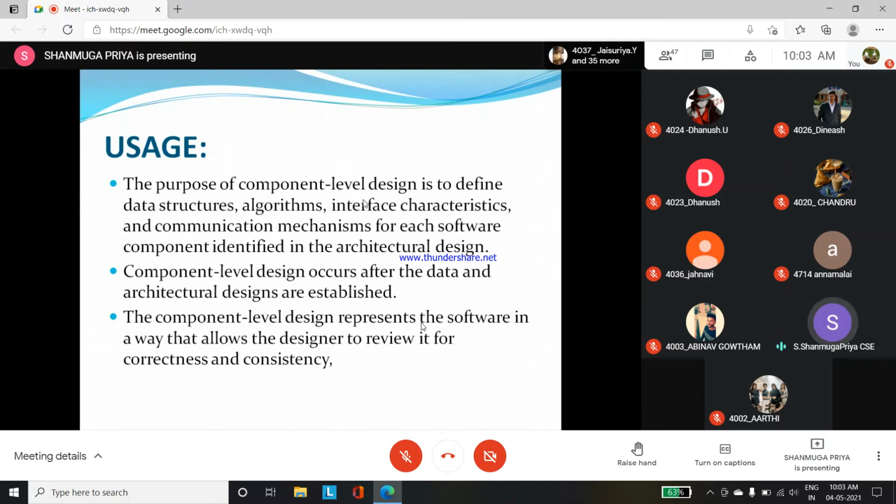Or not. Okay, in the program, whether we have to use interface. Class components na enna? Class components na edhum kedaiyadhu. It's like a, just I will show the diagram.